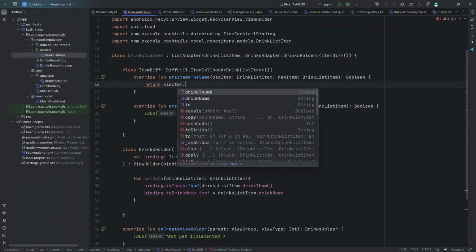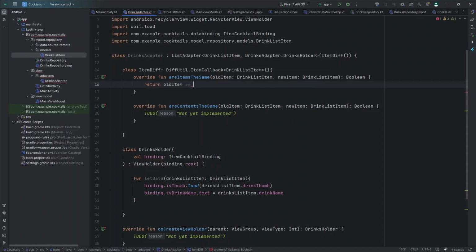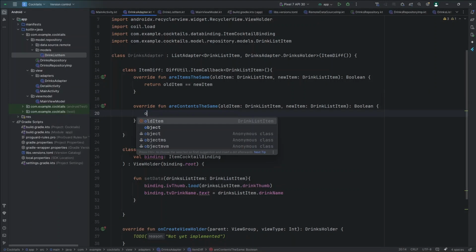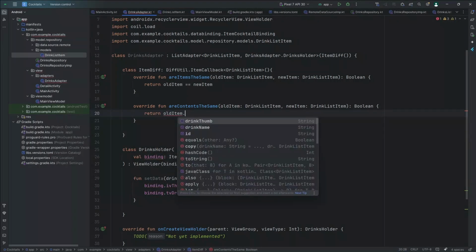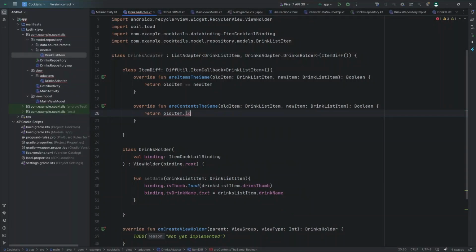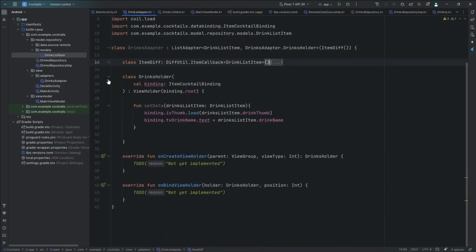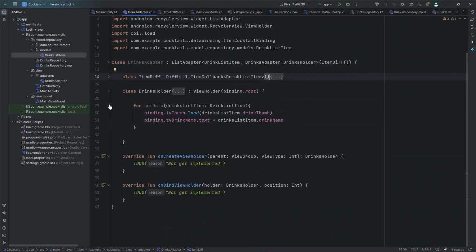So we have to use the, you can say, let's check out the whole item in here, and for the contents we have to check and return oldItem.id equal to newItem.id. Let's close this classes,